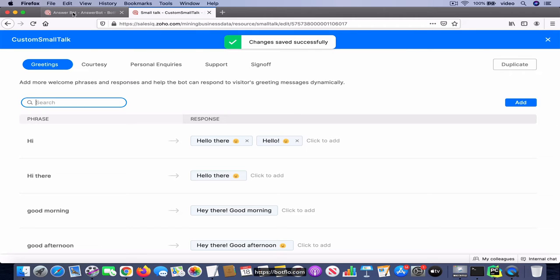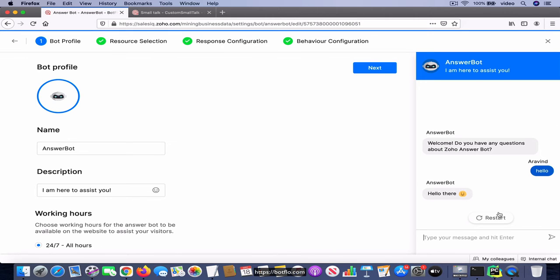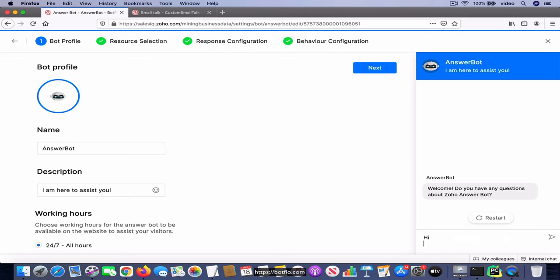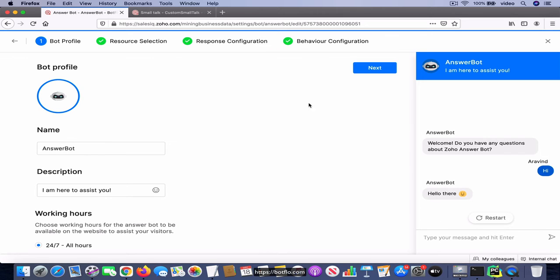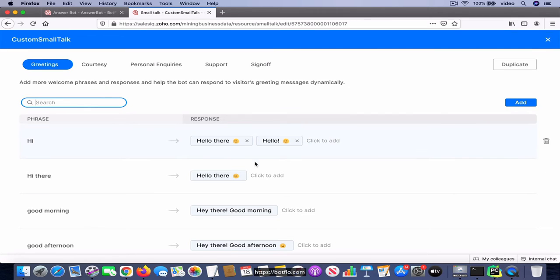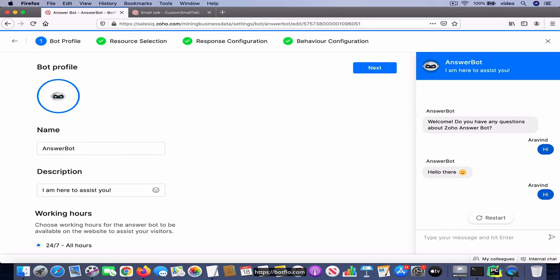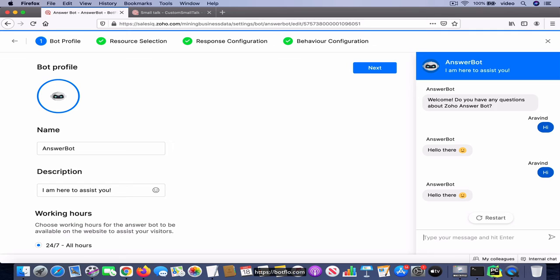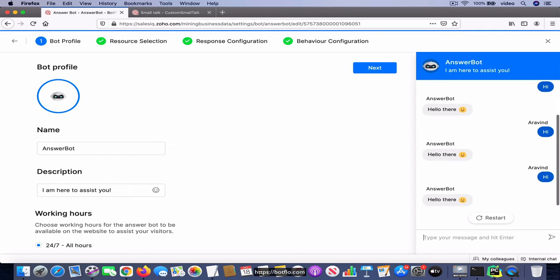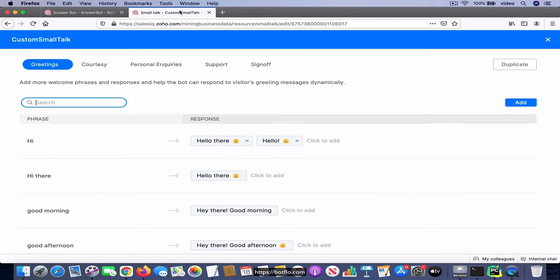Just to test it, let's quickly go here and restart and just say hi, and it says hello there. It's only using one of them. And let me just check what happens if I say hi again. Well, it's not going for the other response for some reason, but I think that it's randomly selected. Maybe it's possible that